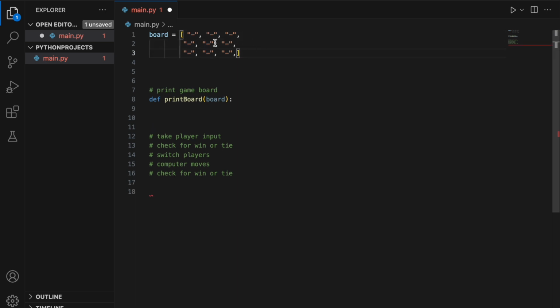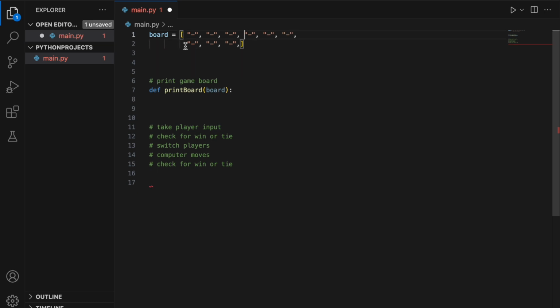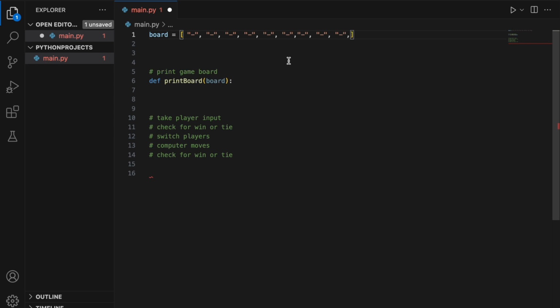So if you can kind of visualize that, we have our top left, top right, bottom left, bottom right, and all of our things in between. And there's our board. And you can kind of visualize this a little bit easier by looking at it like this. Really, what the computer sees is this. They just see a list of